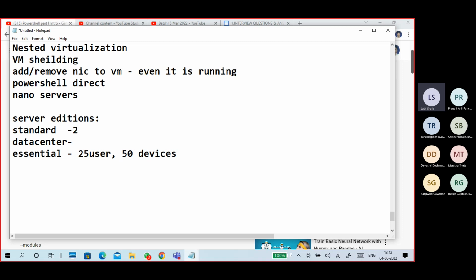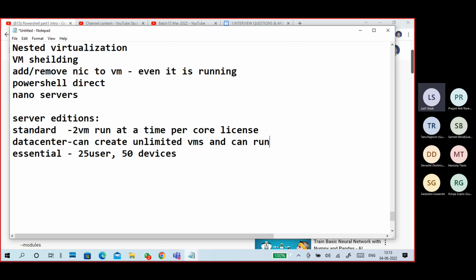Only thing is Standard runs 2 virtual machines at a time with a license, while Datacenter can create and run unlimited VMs at a time. Okay, these are the Windows Server editions.